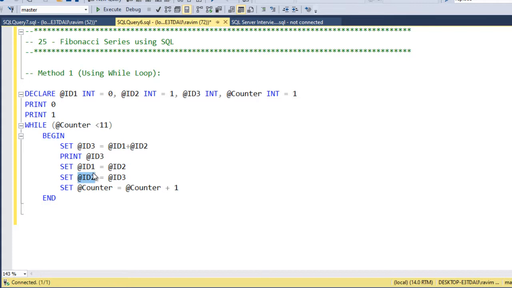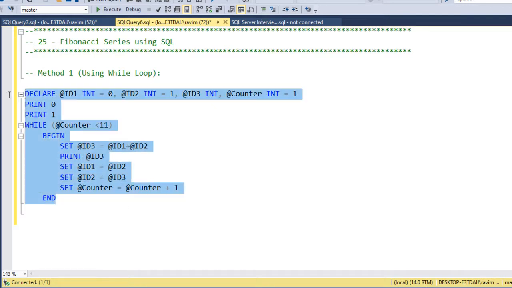Basically I'm saving the last two values generated in the sequence so that I can generate the next number in the Fibonacci series, and I increment the counter. As soon as the counter reaches 11, it will come out of the loop. This is how many numbers I want to generate in the sequence.